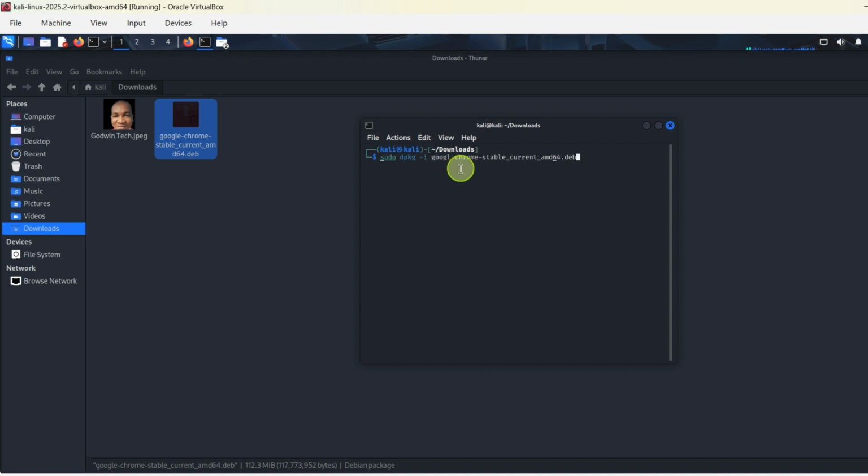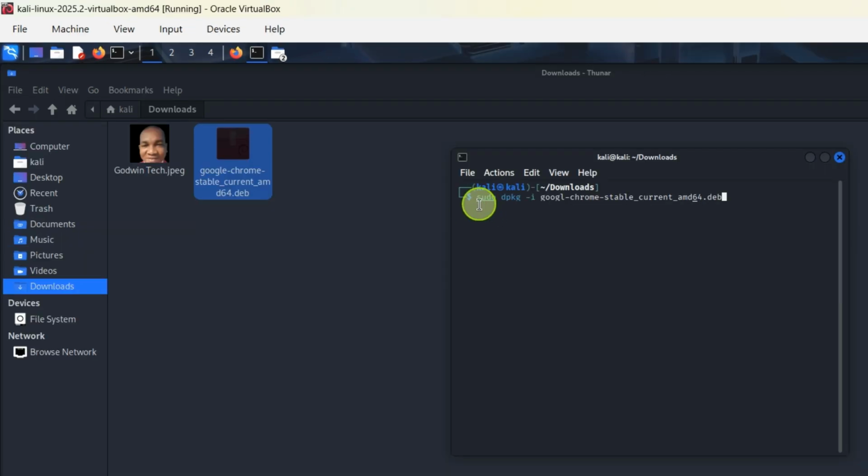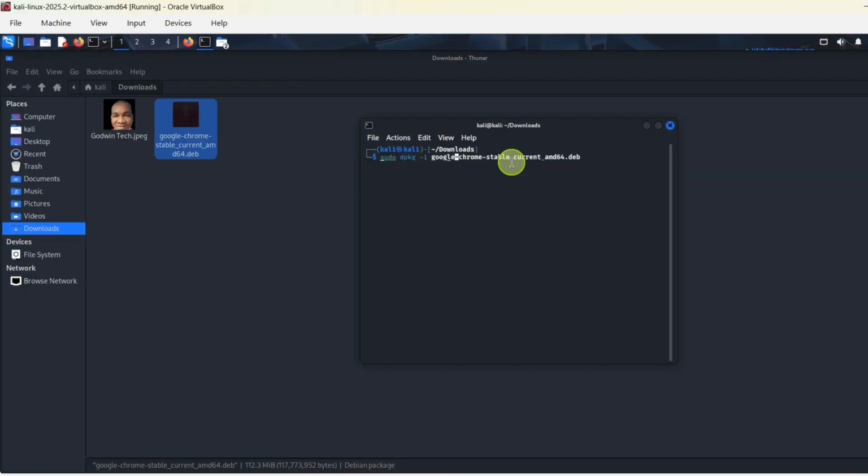All right, look at the line of code here. It is sudo dpkg, then you give space dash i, followed by the name of the application file. Okay, so this one that is here, Google, okay, I made a mistake here, so it's gonna be Google E, okay. All right, so you can see that Google dash,